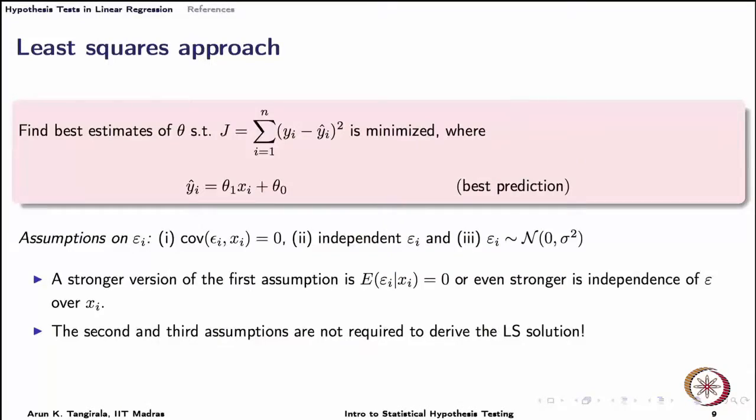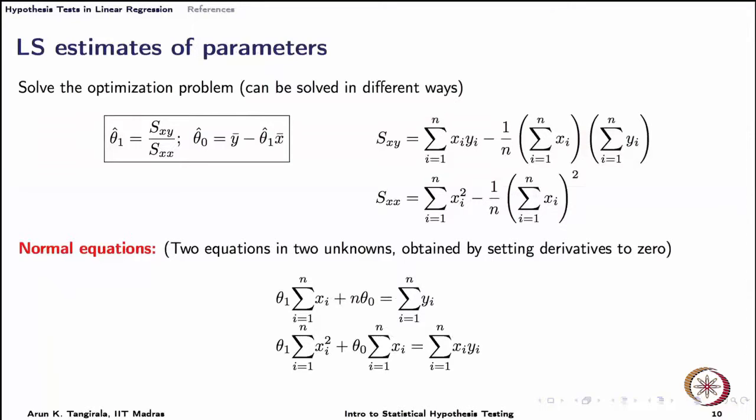What is the standard optimization technique? You differentiate the objective function with respect to the decision variables, take partial derivatives and set the derivatives to 0, because at the extrema, minimum or maximum, the slope of the objective function is going to be 0 in the parameter space here. So, it is a 2-dimensional parameter space. Once we do that, we do end up with what are known as normal equations.